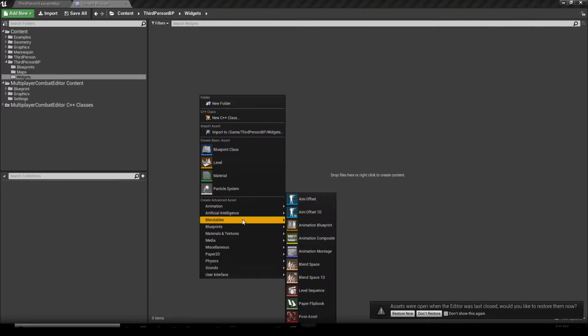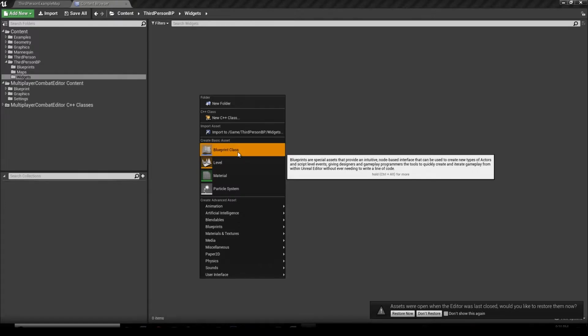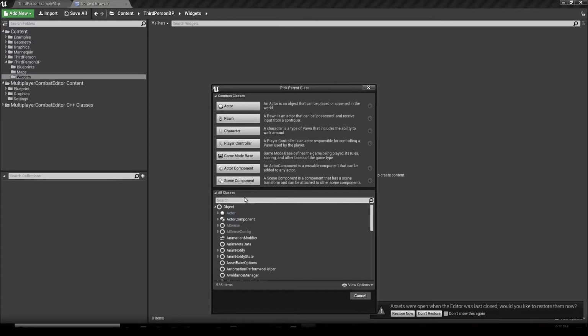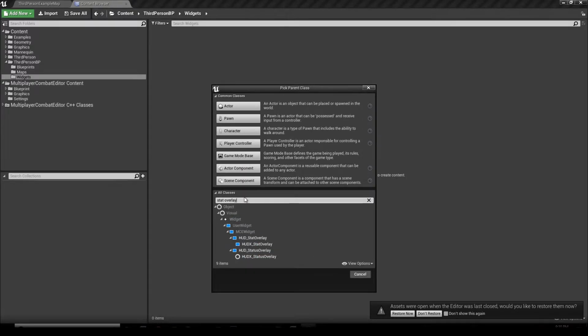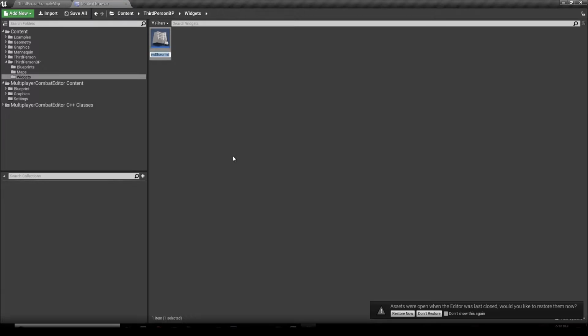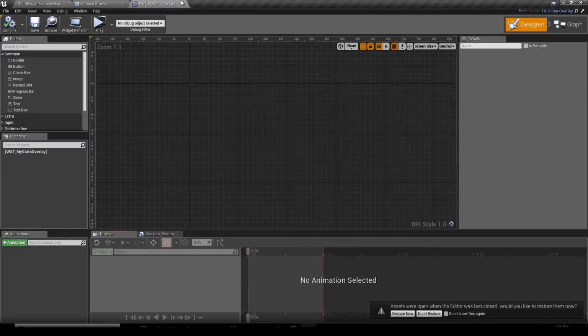We actually want to create a new blueprint class. We want to search for stat overlay like this, hit select, and call this widget my stat overlay, for instance, like that. You want to open it up,